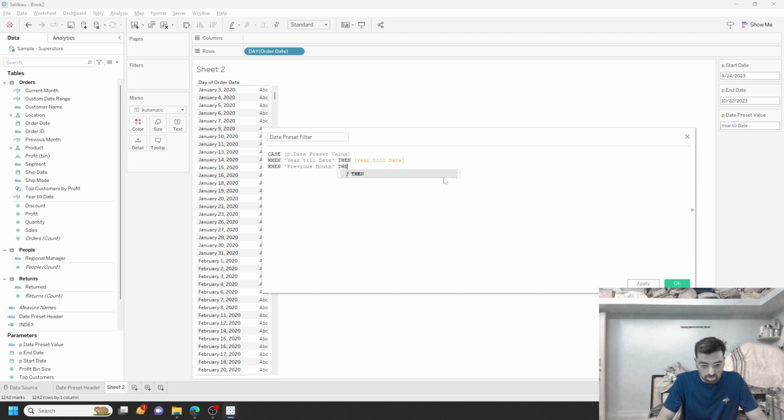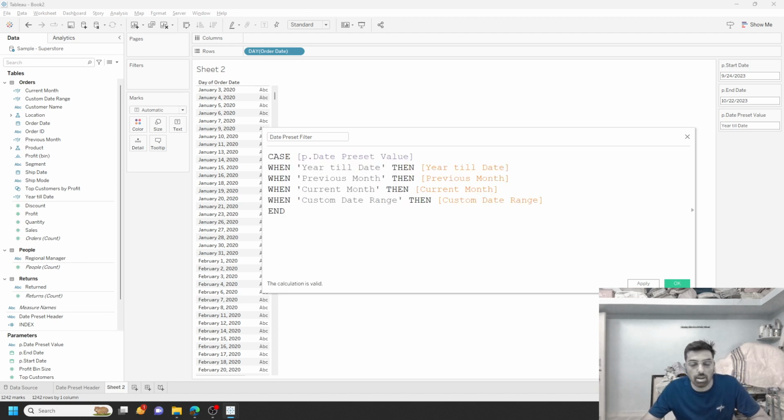So then I want previous month. When it is current month, I want my current month to be selected. And once it is custom date range, then I'm going to say this one as custom date range, else 0. So this is the case statement or switch statement I've created in Tableau based on the selection of my value